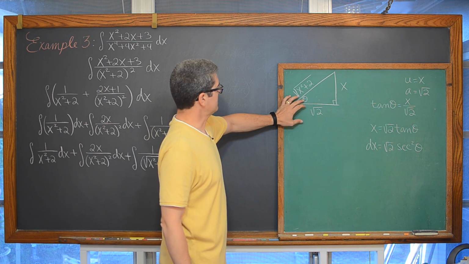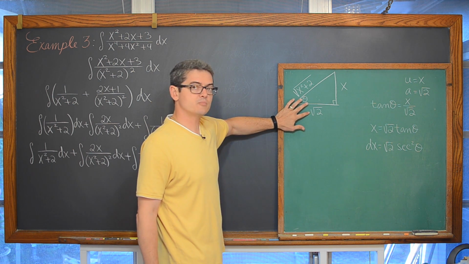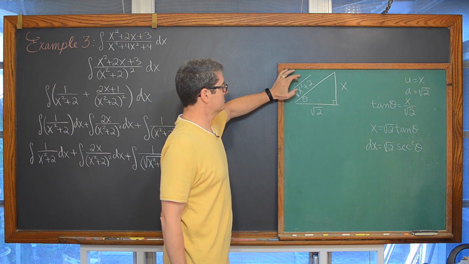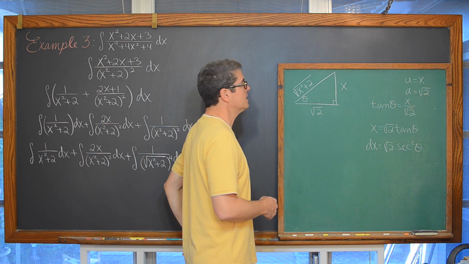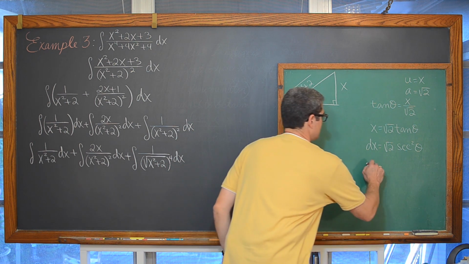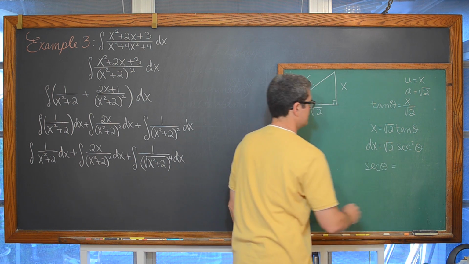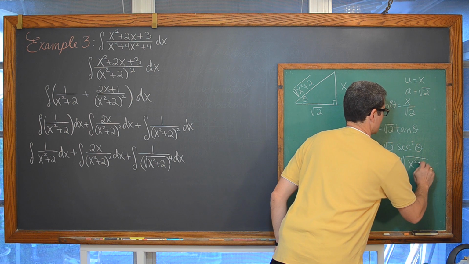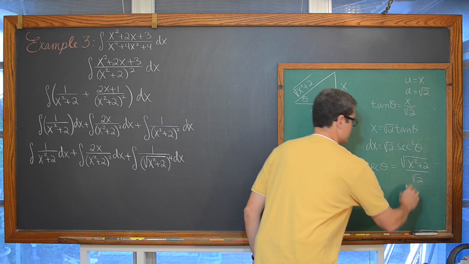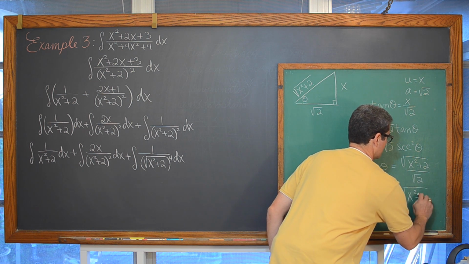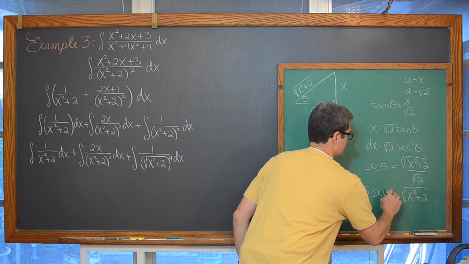Again, we want to use a trig function here, and we want our constant to be the denominator. So we have our hypotenuse over the adjacent, or r over x if we're talking about angles in standard position, and that is going to be secant. So the secant of theta is equal to the square root of x squared plus 2 over the square root of 2. And so the square root of x squared plus 2 is equal to the square root of 2 secant theta.